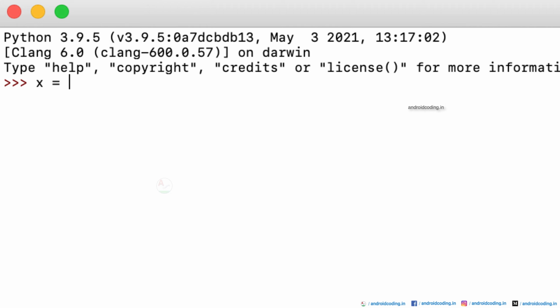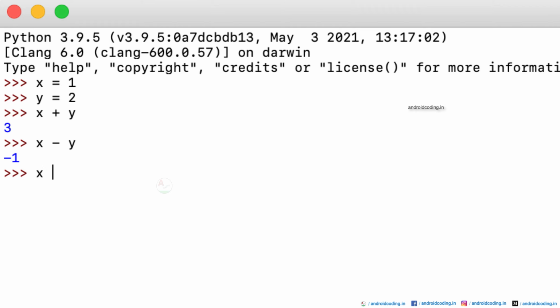I am assigning x equal to 1 and y equal to 2, and now let us try to add x plus y. Here the value is 3, and let's try with x minus y. Here we are getting minus 1. The same values which we have specified for x and y, we can use in several conditions here. Those are saved in those particular variables, and we can make use of those variables to perform different types of arithmetic operations like addition, subtraction.